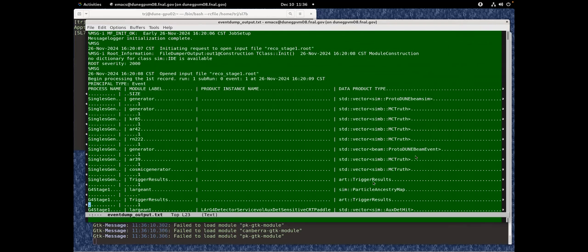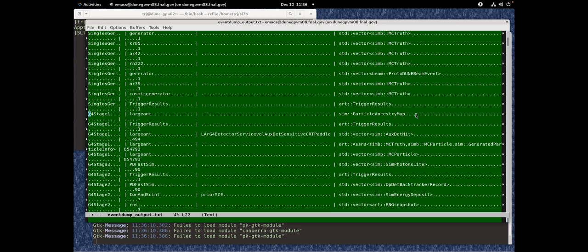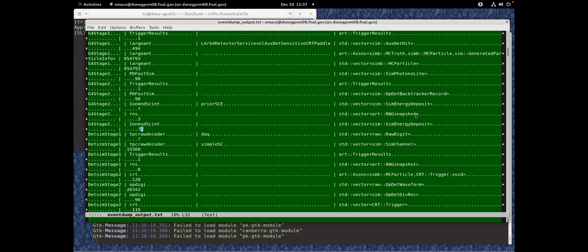So MC truth is the output of the generator. MC particles are the output of Geant. Some MC particles are actually owned by MC truth. So if you run Genie or the particle gun, you'll get an MC truth for the particle that the particle gun made, or all the particles that Genie made, and you'll also have MC particles for them. But then other MC particles are made by Geant. The module name is LArGeant, which makes MC particles from all the interactions with the detector. So you may actually have to look for two sets of MC particles